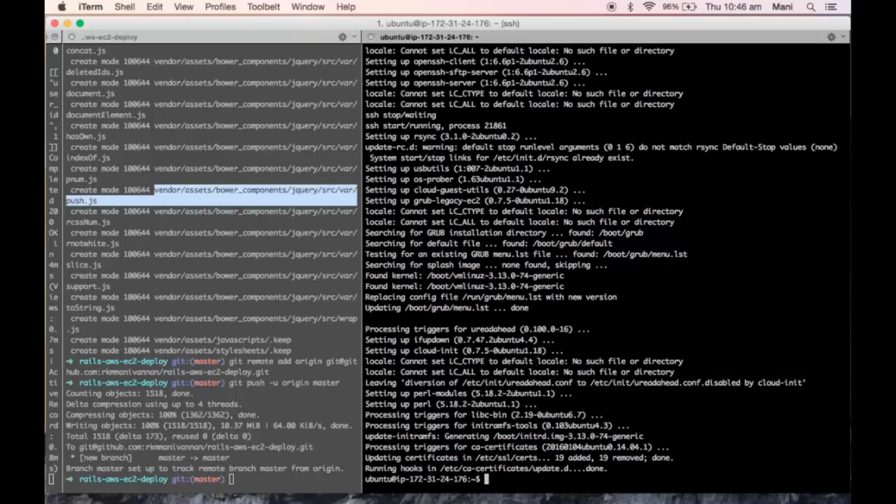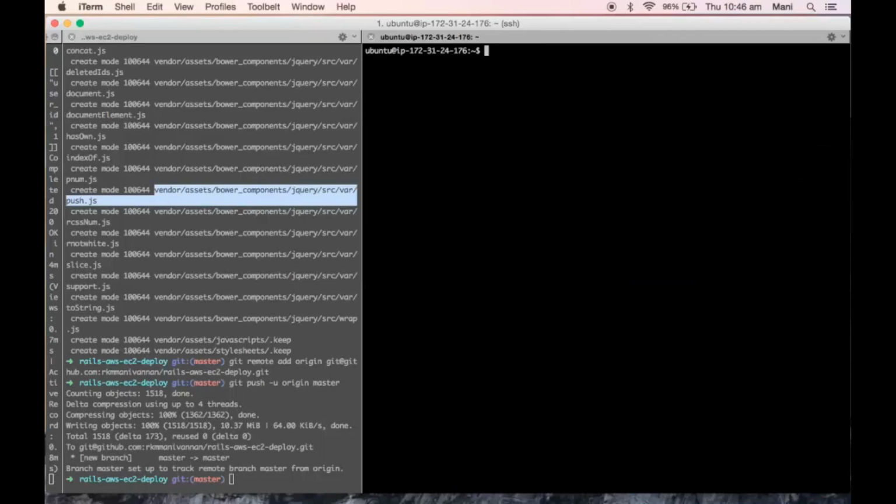Now everything is done. Next step is we need to create a new user in our Ubuntu server. This is the command: sudo useradd -d. I'm creating a username as deploy, and the path of the user is /home/deploy, so -m deploy.